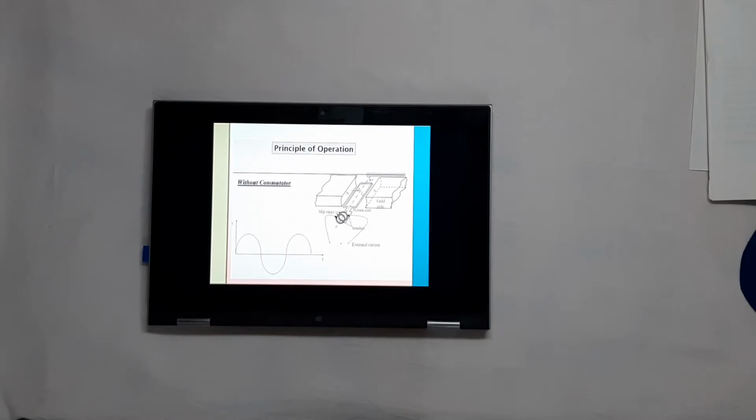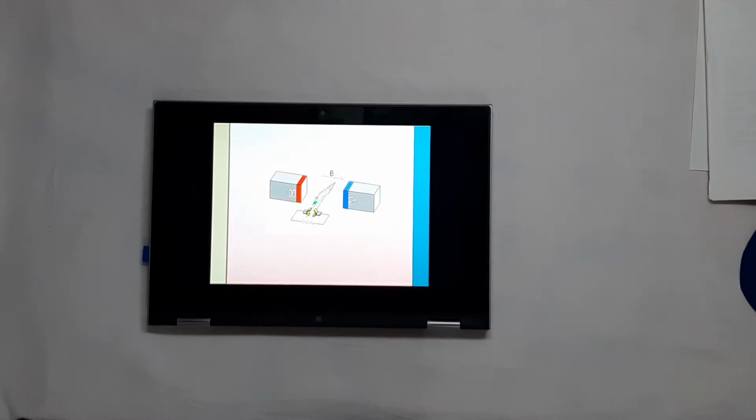Therefore, it is a DC generator. What you need is that the output is DC. Therefore, this coil is connected to commutator segments. Through the commutator segments and the brushes, what I am getting is a DC output. How are we getting the DC output? We will see. The principle of operation is that the coil is moving under the stationary magnetic flux. The induced voltage in the armature coil is alternating in nature. That we'll see here.